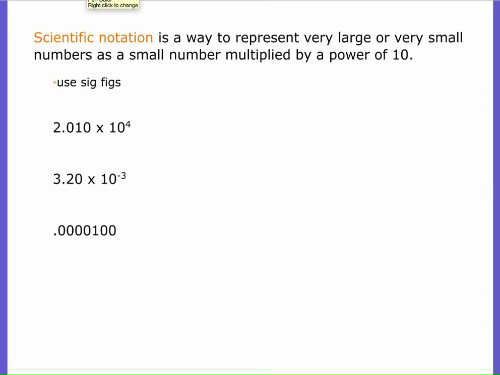So first off, that 2.010 times 10 to the fourth, looking at it right now, you should be able to see that it has 4 sig figs because that final 0 to the right of the decimal does count as being significant, and then the other 0 is trapped. So it does have 4 sig figs. So when I'm taking this out of scientific notation, I have to be careful. I need to show my precision. So that positive 4 means that I'm going to take that decimal and move it 1, 2, 3, 4 places to the right. And so I'm going to end up with this number,